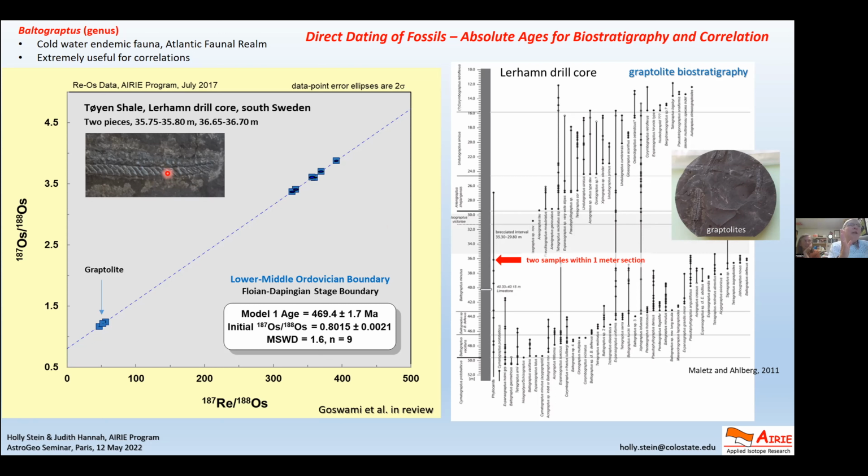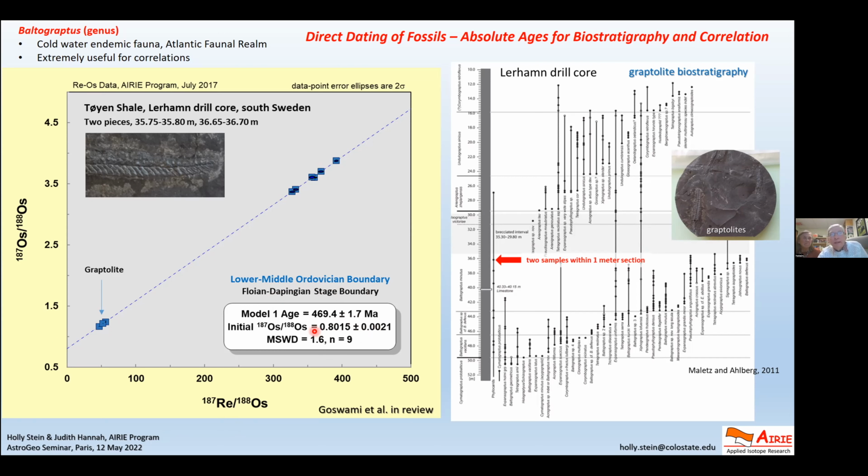These bodies are at equilibrium with the seawater, as is the organic material from bacteria and phytoplankton here. So they should be allowed on the isochron, and they do. And what was nice is they had much lower rhenium osmium ratio than the organic component of the shale, thereby pinning the isochron, pinning the line so there's not much wiggle in it. And we dated the stage boundary in the Ordovician.